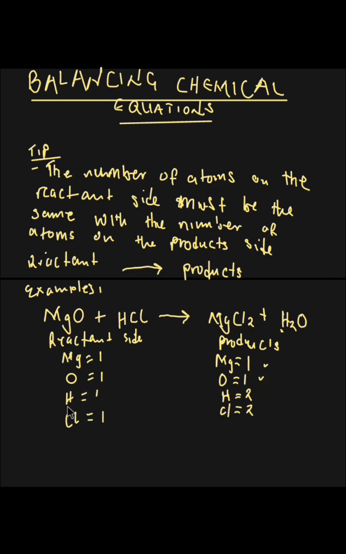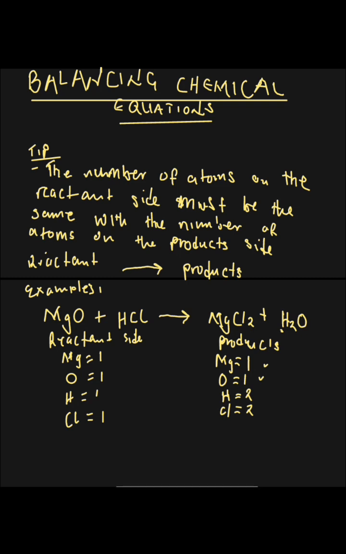Then here you are going to now move on to hydrogen. Hydrogen, how many atoms are there? You have 1. What about this side? We have 2. And where is hydrogen? Hydrogen is here. And this hydrogen is also bonded to chlorine. So from what we are seeing here, on the product side, we have 2 atoms of chlorine and 2 atoms of hydrogen. So now, for us to ensure that this equation is balanced, we have to add